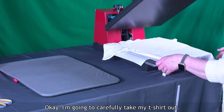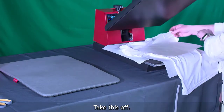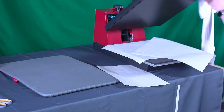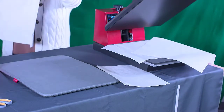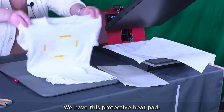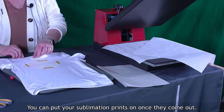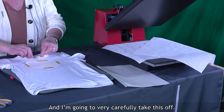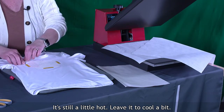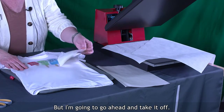I'm going to carefully take my t-shirt out. Take this off. Bring this over to the heat pad we have. It's a protective heat pad. You can put your sublimation prints on once they come out. And I'm going to very carefully take this off. It's still a little hot. You can leave it to cool a bit. That's fine, to let it cool off a little bit before you take it off. But I'm going to go ahead and take it off